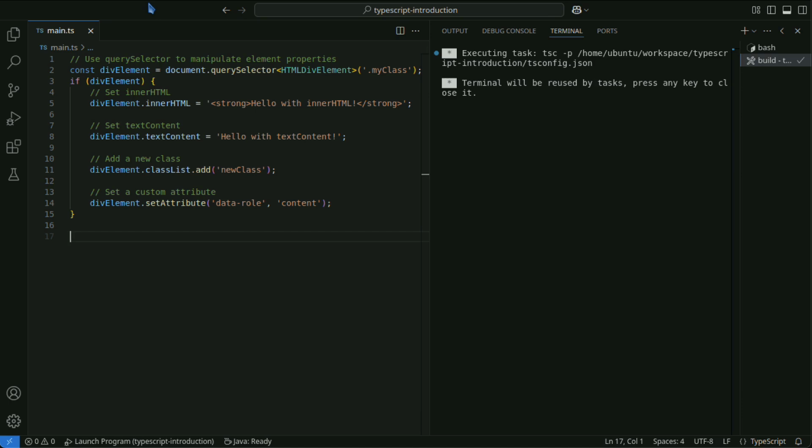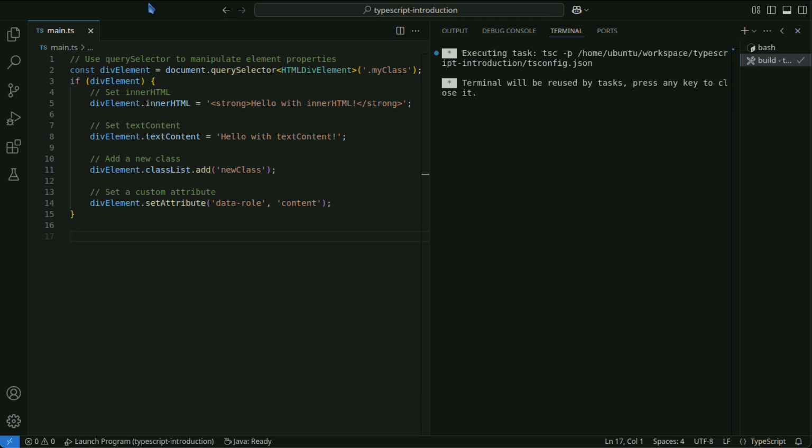The innerHTML property allows you to set or get the HTML content of an element. The textContent property allows you to set or get the text content of an element. classList is a property for manipulating classes, allowing you to add, remove, and toggle classes.